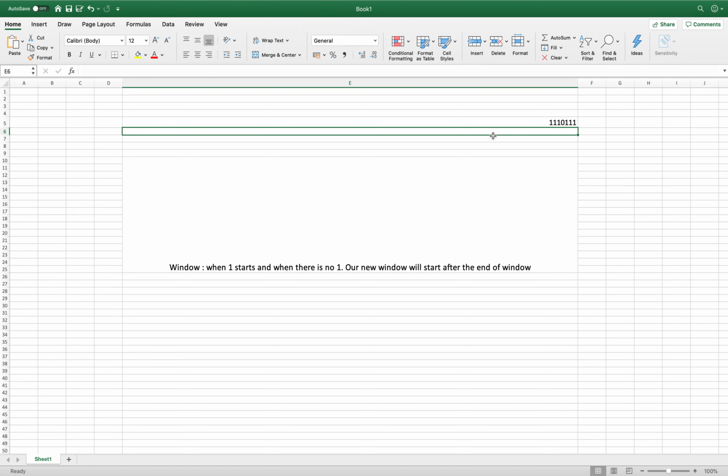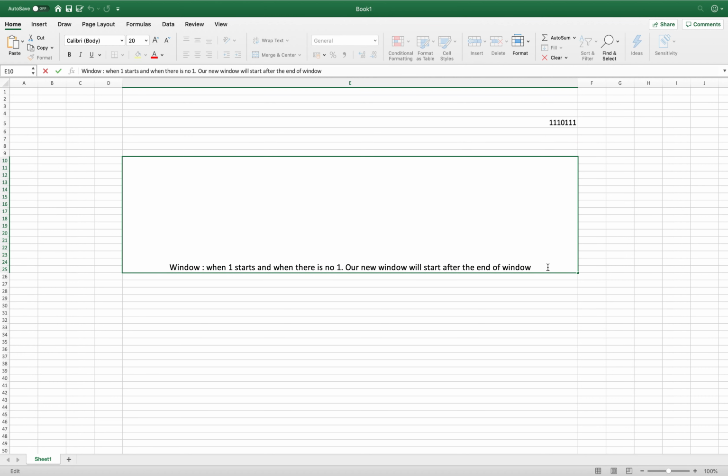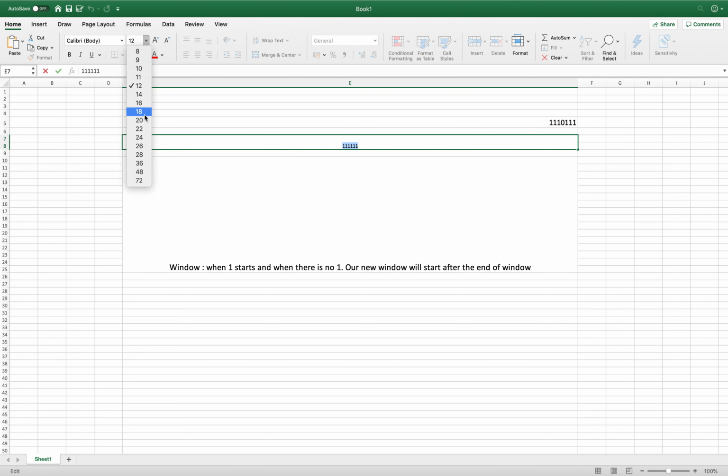What happens if there is no 0? For example, we have 1 here. What happens if there is something like this? Then the logic we did will not work, so that is the next condition. We need to find if there are continuous ones.